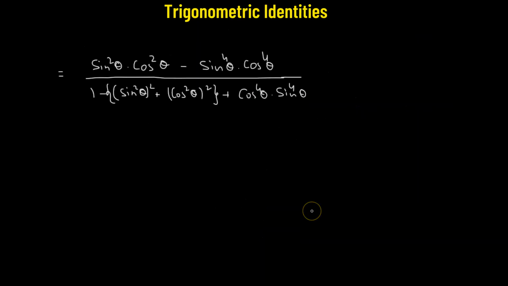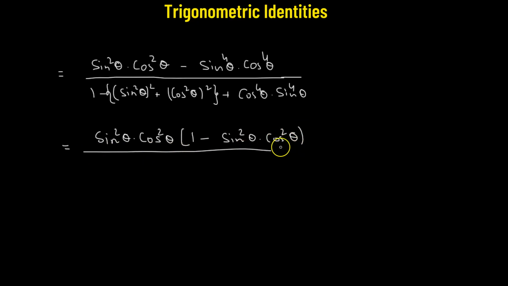Now we'll do more simplification here. In the numerator, we will take sine squared theta times cosine squared theta as the common factor. So this will get multiplied to 1 minus sine squared theta times cosine squared theta, divided by, we have 1